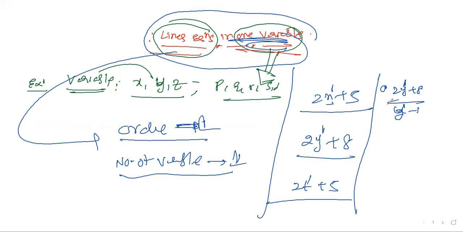So y is under one category. Either you take x, or you take y, or you can take z. It should be like that only. So these are all variables. Now you are clear about a linear equation in one variable. So clear, right? So the example session is done.